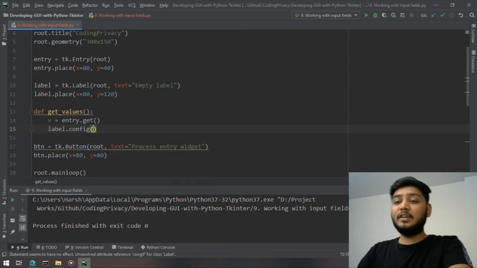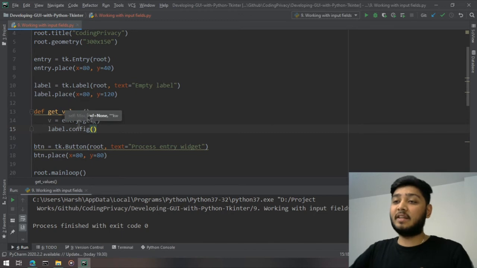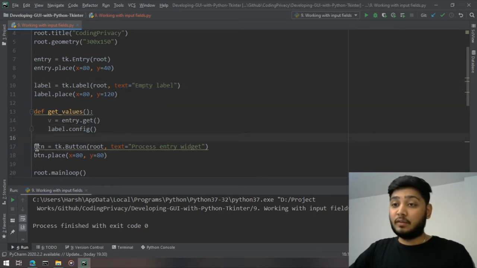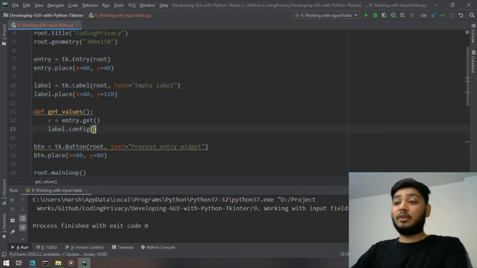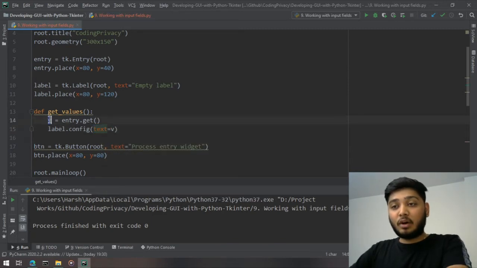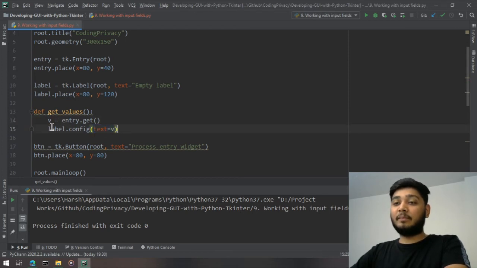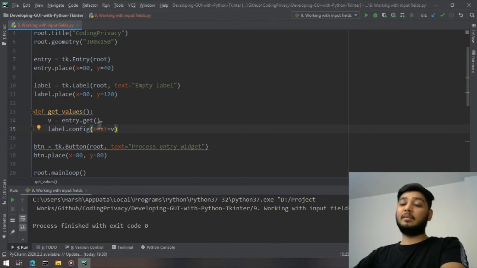Using config, you can change pretty much every option provided for any widget, even for button, entry, label, everything, right? So config, and then text equal to v, so the text would be changed to whatever we fetched from the entry, right?